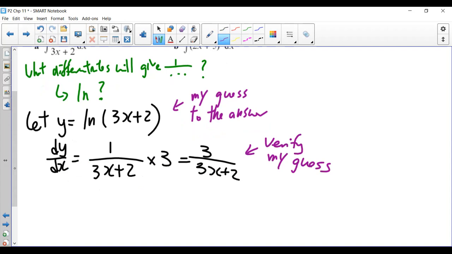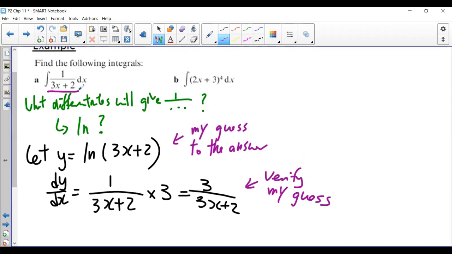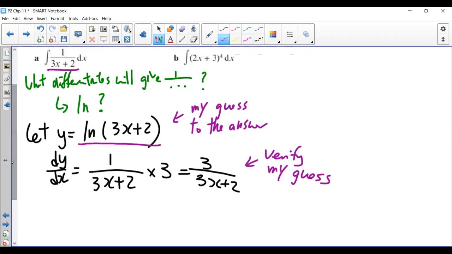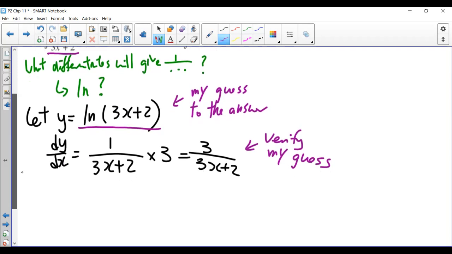So the question is to integrate this one. My guess is that if I differentiate ln, it will give me back 1 over 3x plus 2. Now, my guess is not completely wrong, because you can see it's 3 over 3x plus 2. Instead of 1, I've got 3. So my last step is that therefore,